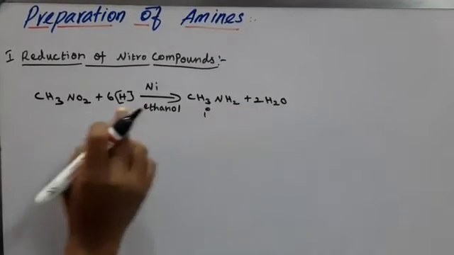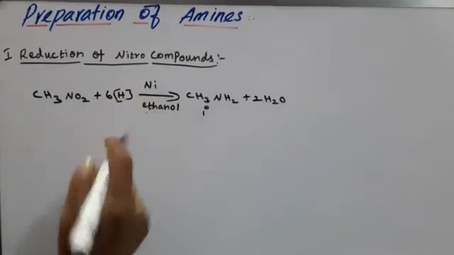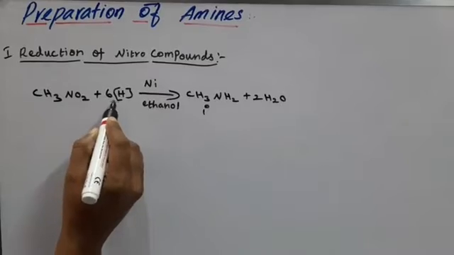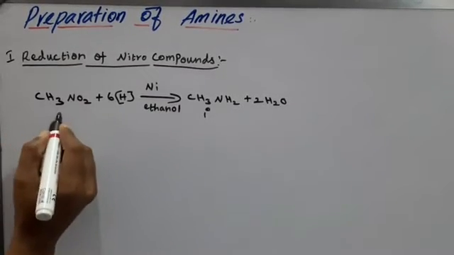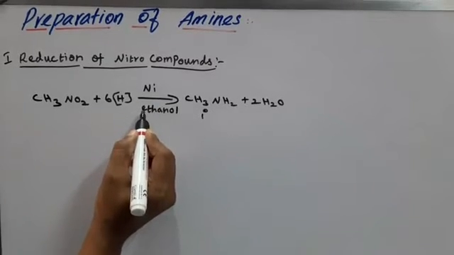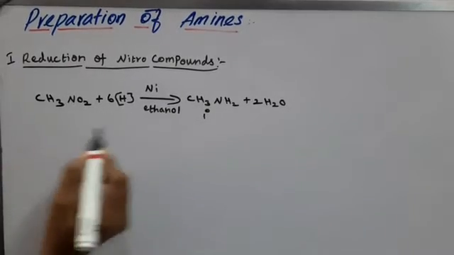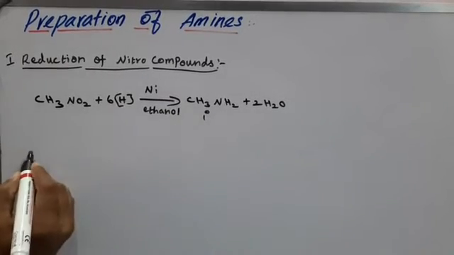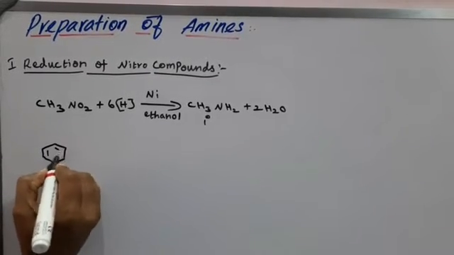This is because of the addition of hydrogen. Reduction means, with a suitable catalyst, in the presence of addition of hydrogen. So for an alkyl nitro group in the presence of a suitable reducing agent, it gives alkyl amine, a primary amine. Suppose aryl nitro group